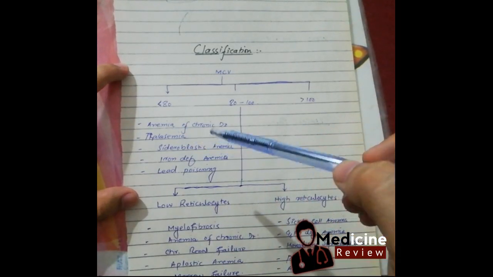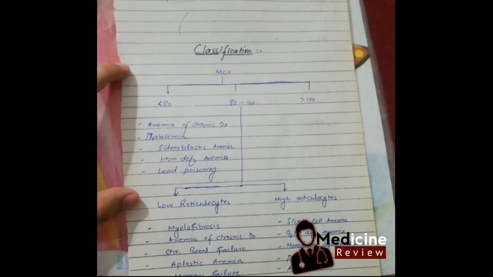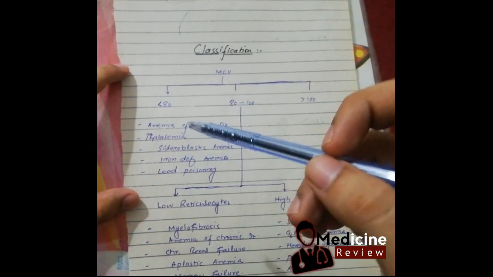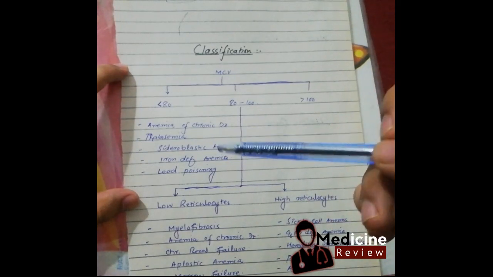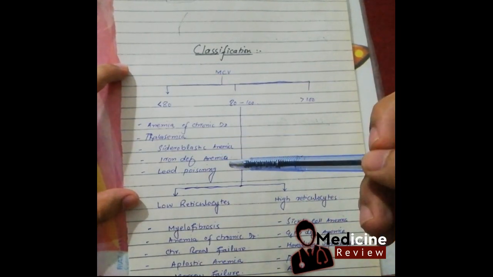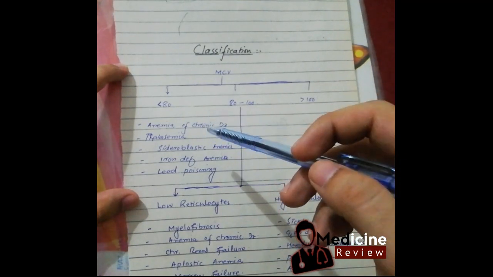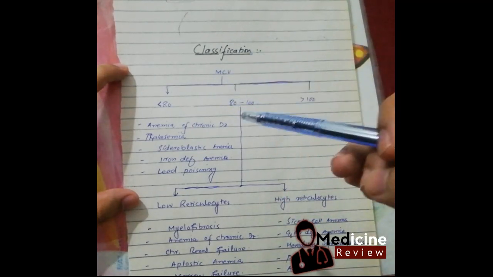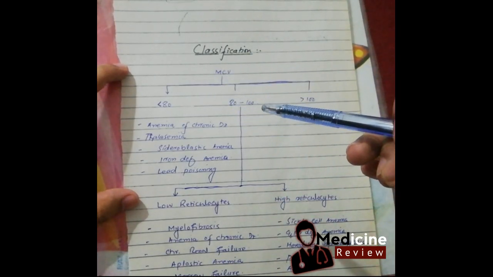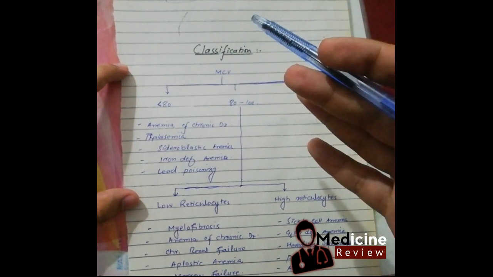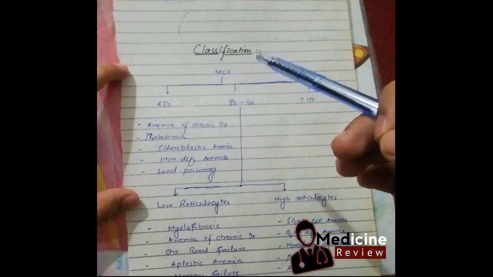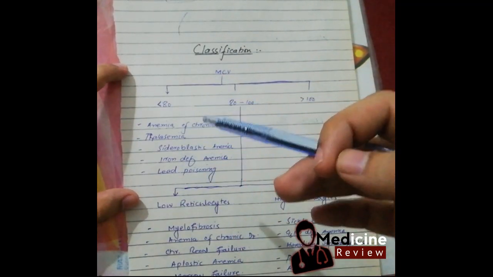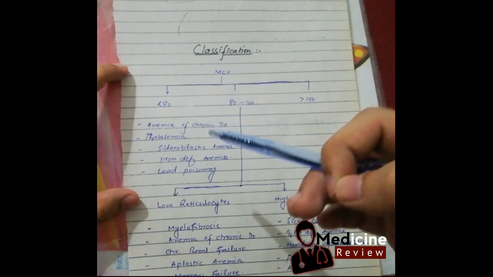First, anemia of chronic disease. This is an important condition to remember: in any chronic disease, whether it's inflammation or any other cause, the liver starts to produce hepcidin, and hepcidin is a main regulator of iron metabolism. Increased production of hepcidin inhibits the absorption of iron, which will lead to iron deficiency anemia. So it is one of the causes of anemia where the MCV is reduced, and these anemias are also called microcytic hypochromic anemias.